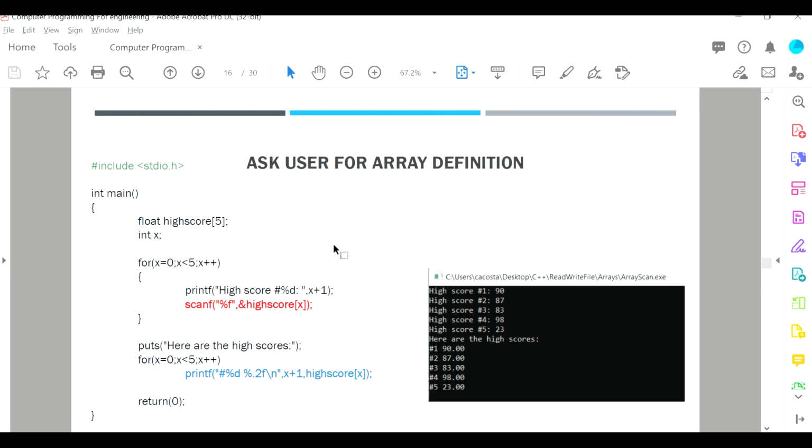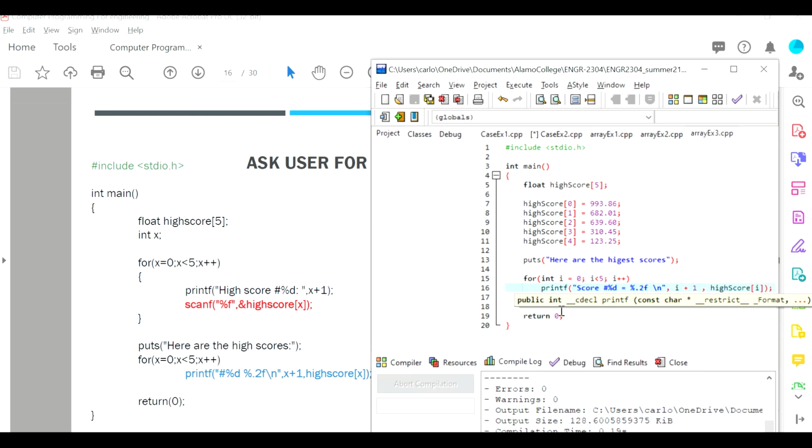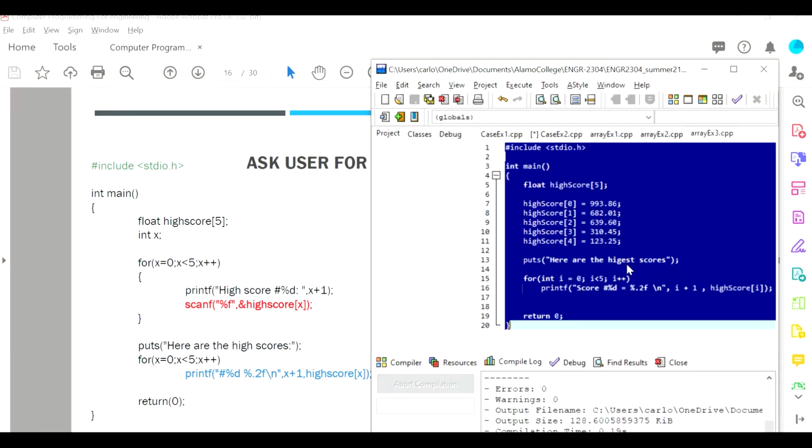If you want to ask the user for the numbers, you can use something similar to cin, to console in. We can use scanf, or you can use cin and save it in a variable. But in that case, what we want to do is something similar. So say this is a program for a teacher to input the scores based on the order of largest to smallest. So let's create a new file,